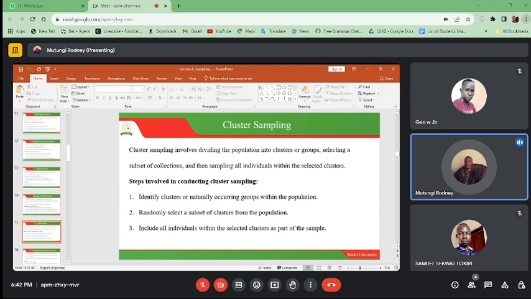So you can say, because they are naturally occurring clusters, there is, for example, street 1, street 2, street 3, street 4, street 5. Okay, those ones are naturally occurring. They are already clustered. Okay, and they have that level of heterogeneity. Of course, we expect each street to be having